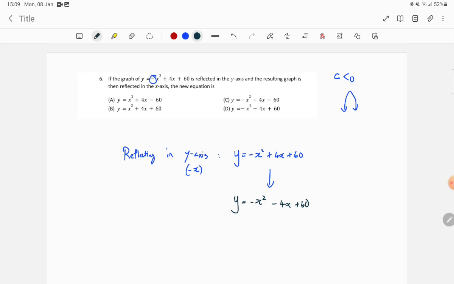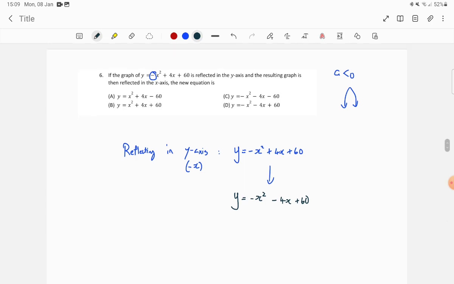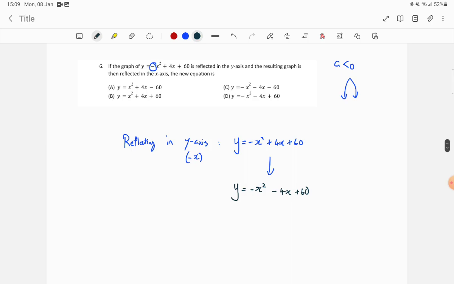So the only one that changes is the minus 4x, and the reason why the first one does not change is since it is the square. The square cancels out that negative sign. And then that's it. It's not over yet. We need to reflect the graph now in the x-axis. So now if we reflect this along the x-axis,